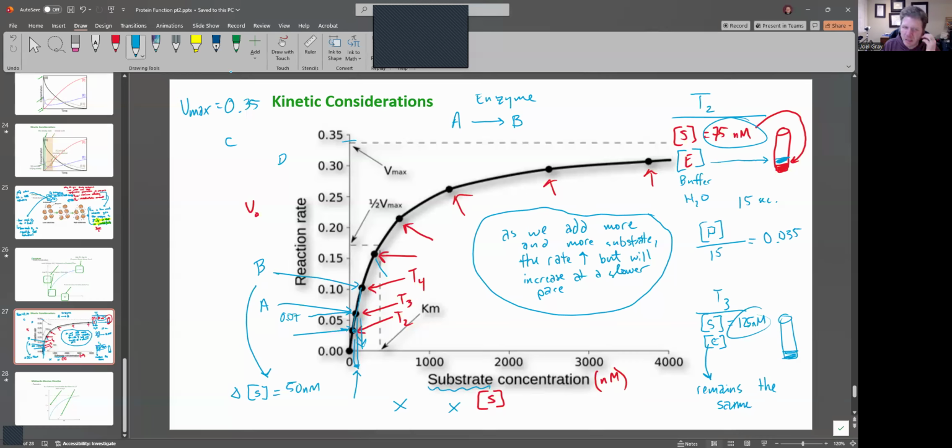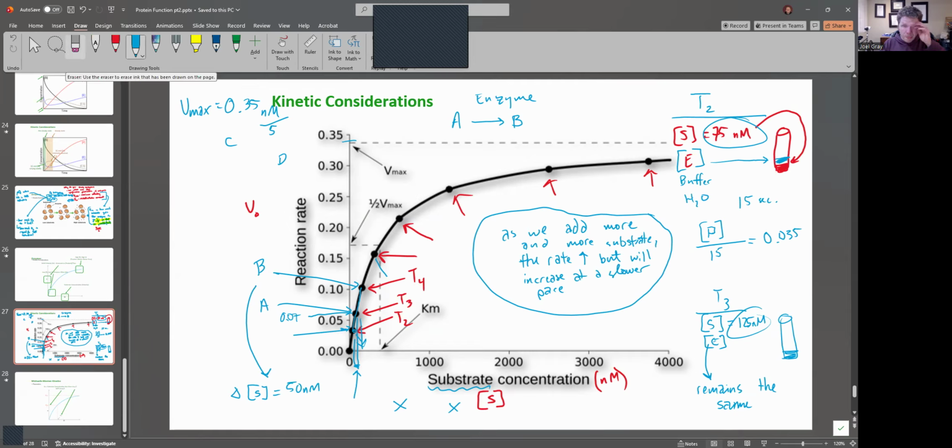And the rate would be something like nanomolar per second. You're measuring the product per 15 seconds. So when you divide it by 15,